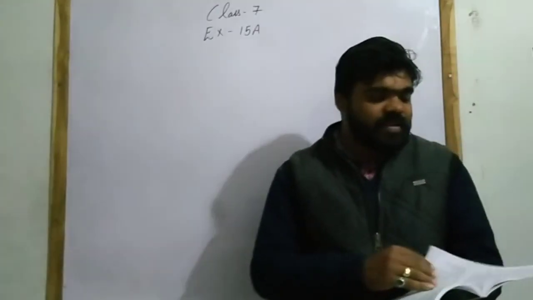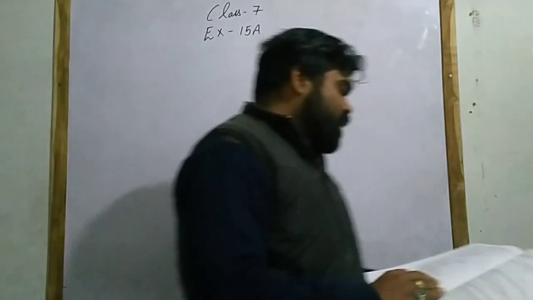In our previous class we have discussed up to question number 7. Now question number 8 is, each of the two equal angles of an isosceles triangle is twice the third angle. Find the angle of the triangle. Okay, you have to find the angles of the triangle. So in question number 8,